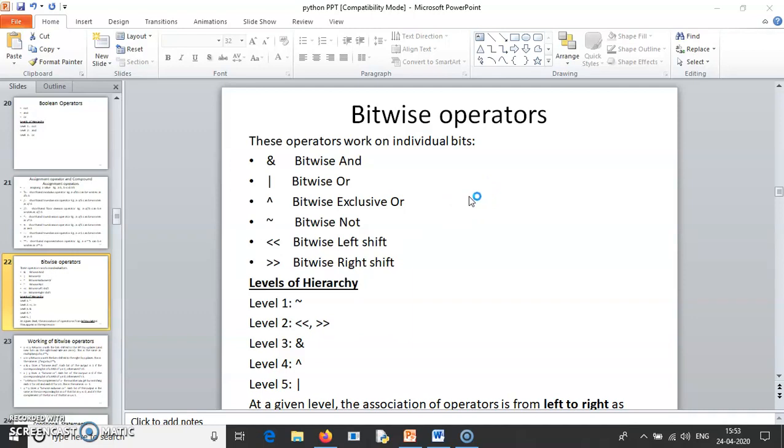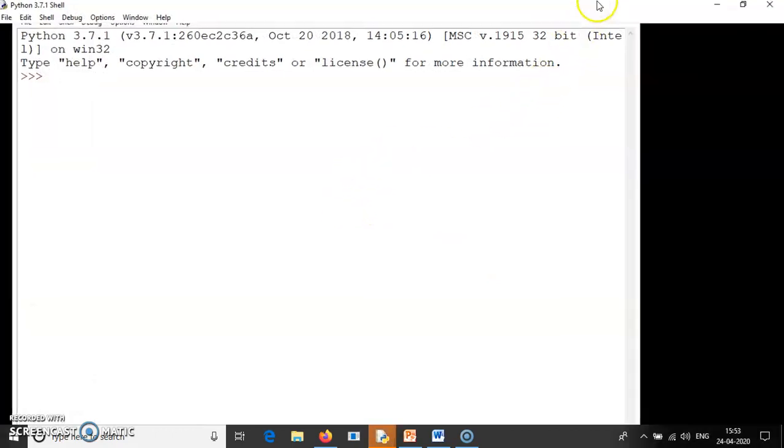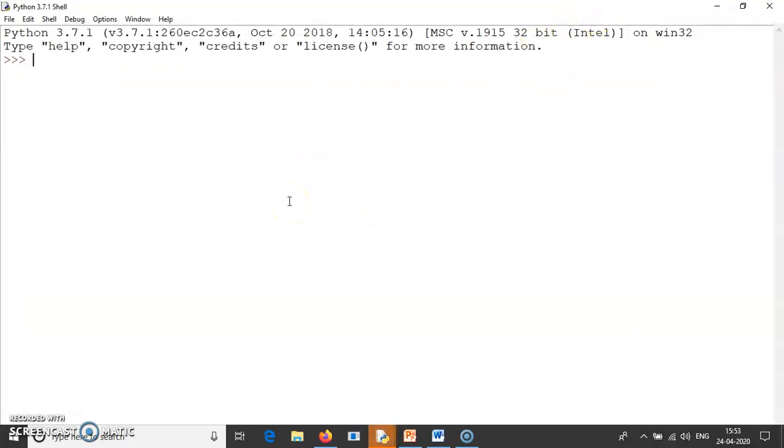So I'll take the shift and the bitwise not operator for the example. So bitwise not, you remember, just negates the value. A 0 is converted to 1 and a 1 is converted to a 0. So we are just getting a delay, yeah, we got two windows now. So let's say I've got a variable a is equal to -5. Okay, if I take an expression here,